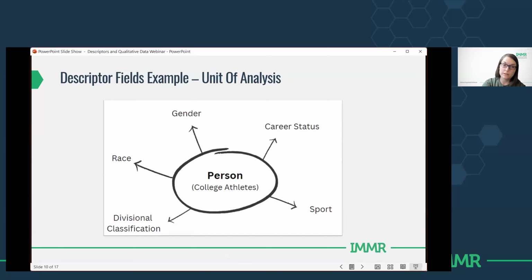You can also add descriptors later on in your study. So if I decided, oh, there was something coming up in the study that they were all talking about where I need to know class size for each person, average class size, then you could always add that later. It's not a one and done thing. Very flexible.